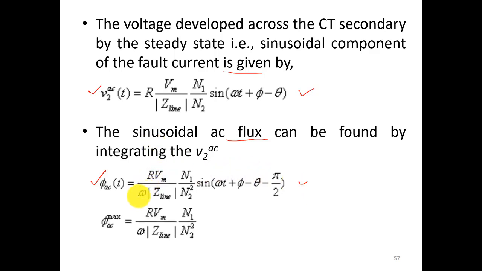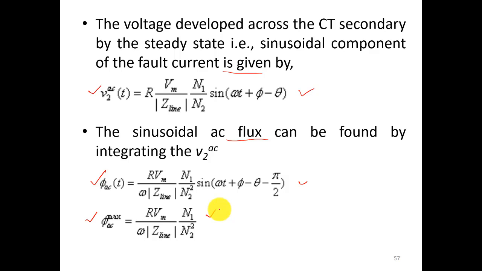Okay, now your phi AC maximum, that is the maximum AC flux, will be RVM by omega z line times (N1 by N2) square. So this is your maximum AC flux. That means